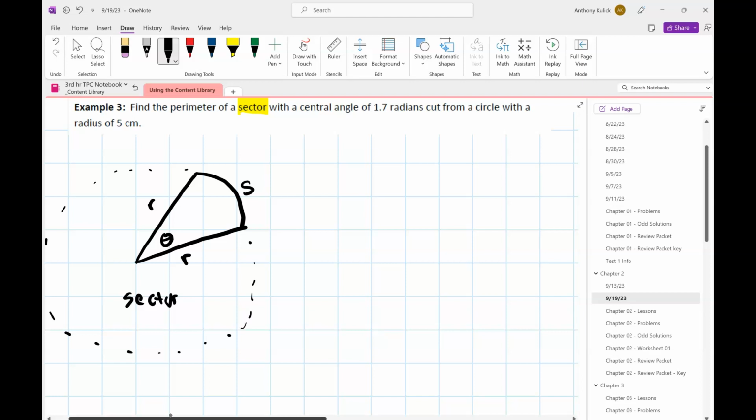And then the arc length, I've labeled S. That arc length is going to be the curved side of our pizza slice. Everybody's cool? So if I want the perimeter of that thing, I have to take R plus S. The perimeter is just the distance around something. And S, I know, since we're measured in radians,